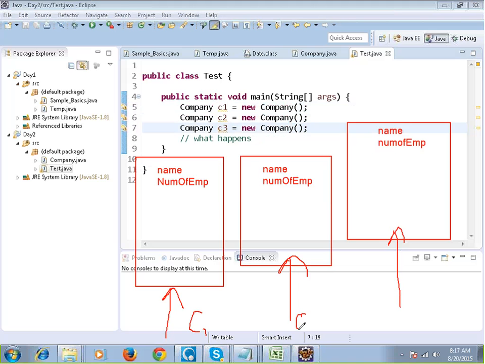It will be C1, C2, C3. Okay. So C1 will point towards,